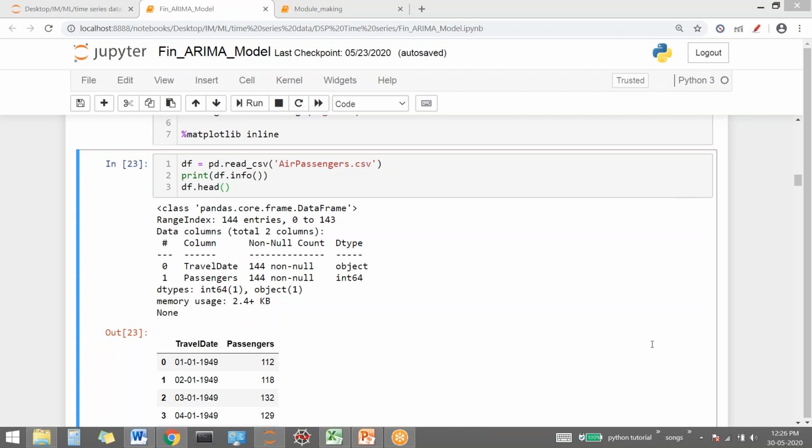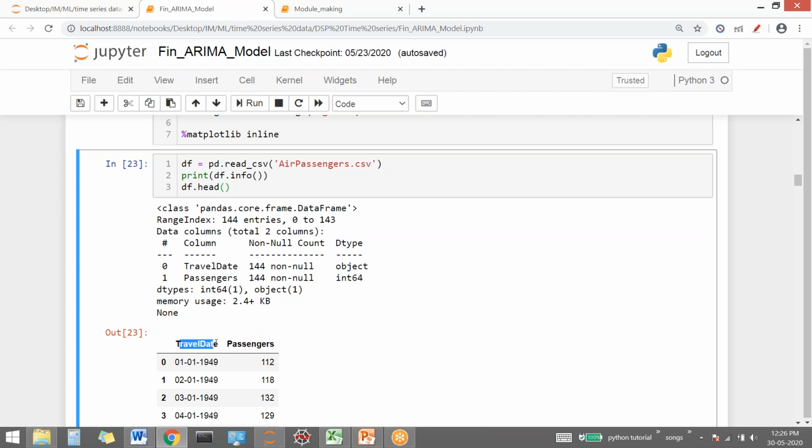Rohit, you tell me. Yes. As Rupa told, there should be a date column, a datetime column. We do stationarity and differencing only if we have a date column here. And it says it is an object. So there should be two columns, and one has to be a date. That is the very first mandatory thing for time series. You must have a date column. After that you should have one column which is an integer or float value. But the date column is mandatory, the very first requirement for time series.